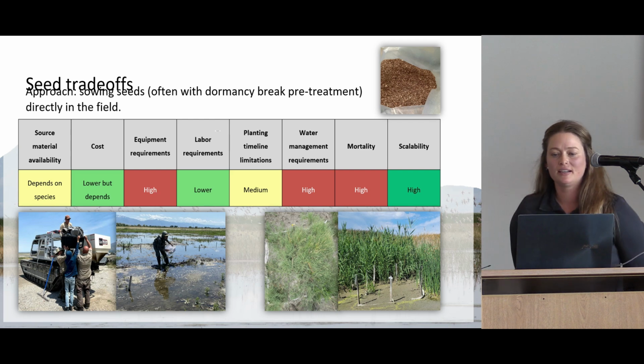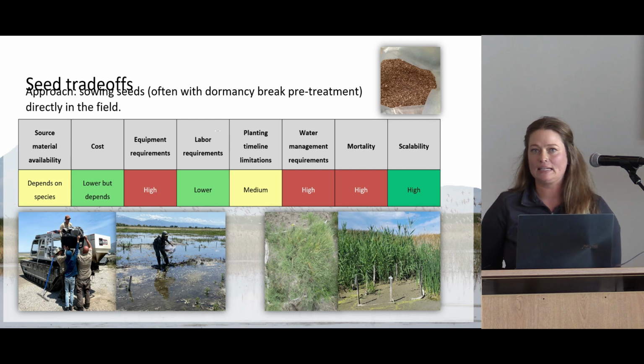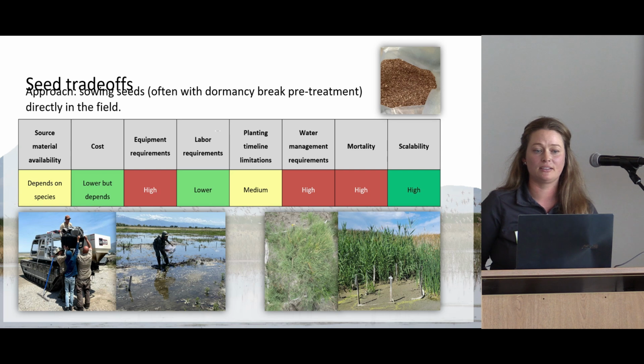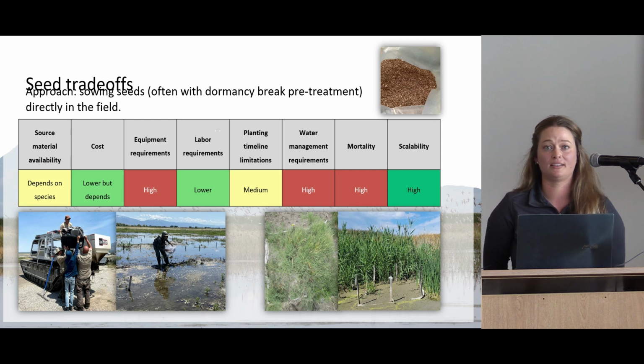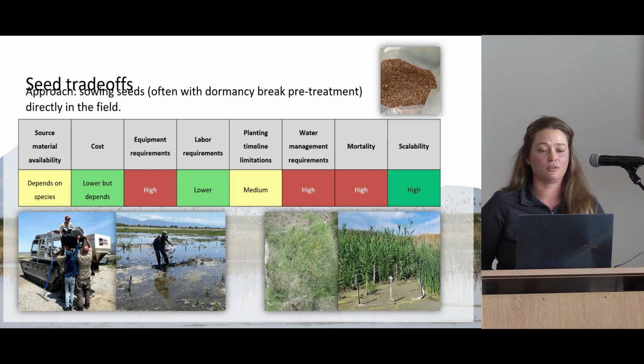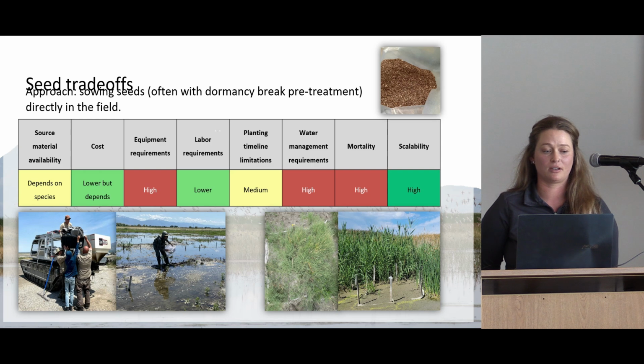So the first technique that we're going to cover here is seeding, because that's a very common practice that we have. And for the context of this, we're talking about sowing seeds, often with dormancy break or pre-treatment that have been applied, and we're applying that directly to the field, usually after some type of management action of Phragmites has occurred. So you can look at this table here with all those different trade-offs that we covered earlier,